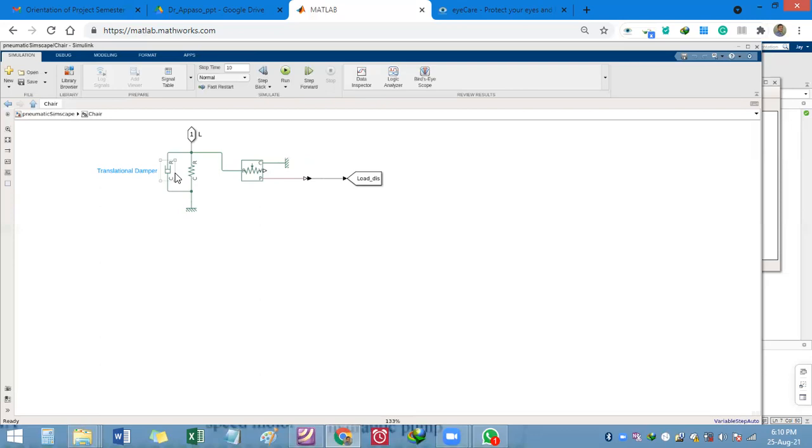So this spring damper model we have used for modeling the chair, and this is our sensor.